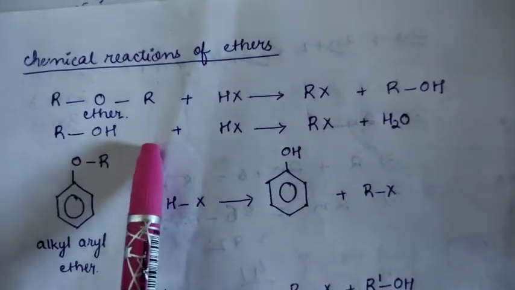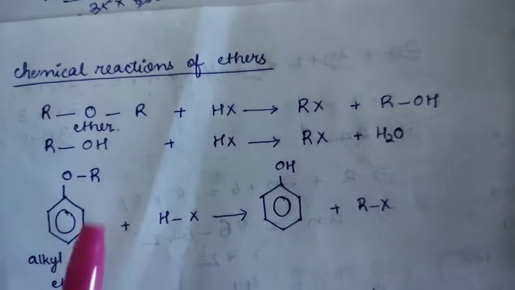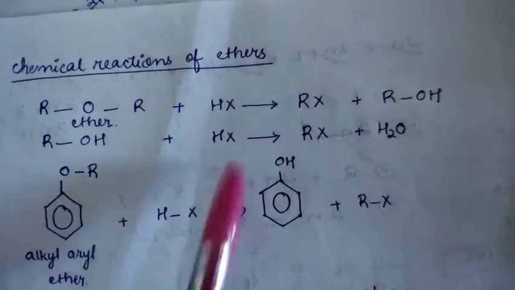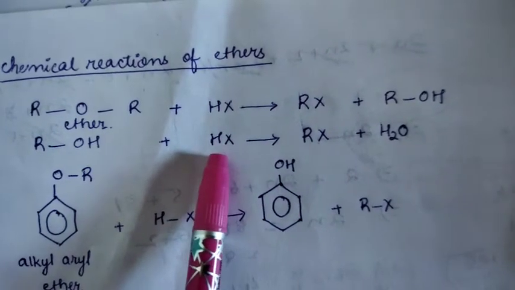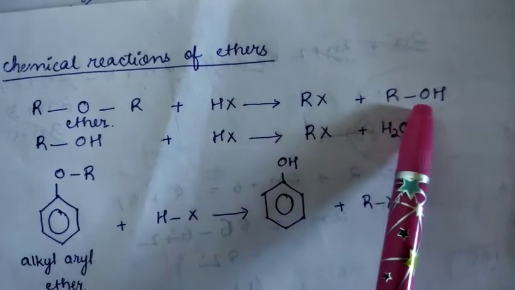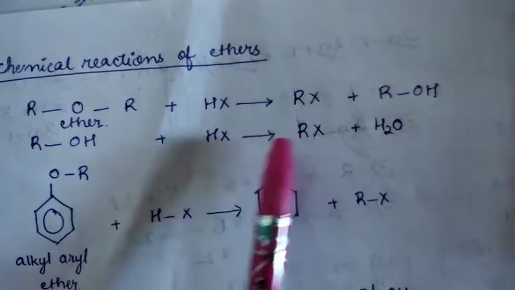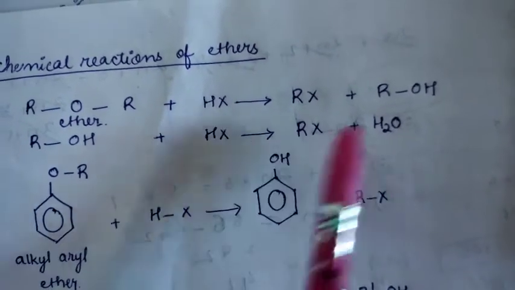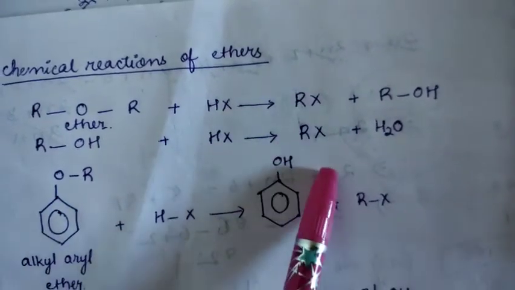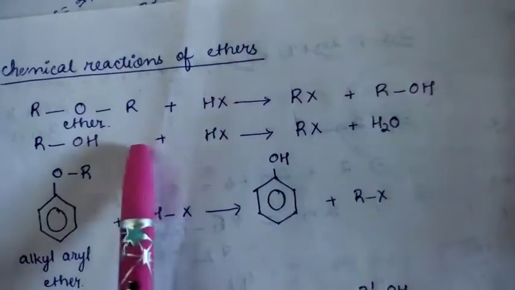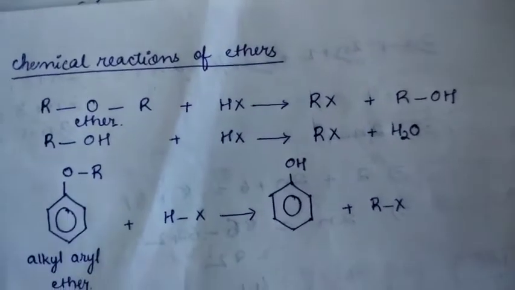Here one more thing you have to keep in mind is that ethers are very less reactive. These are functional groups that react very slowly. So you have to do intensive reactions, and an excess of hydrogen halide is used. In the first reaction, after getting the alcohol, that alcohol will react further with the hydrogen halide to form the alkyl halide again plus a water molecule. So we will get 2 molecules of alkyl halide overall. This is the same reaction that is continued in the next step. So these two are the same reactions.